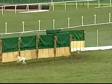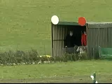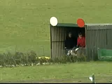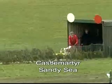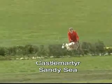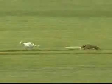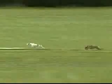Semi-final of the Classics Club Champion Stakes with a winning prize of €15,000 is the kennel companions Castlemartyr and Sandy C, both trained by Pa Fitzgerald. Castlemartyr owned jointly by Patsy Byrne and Helen Murphy, and Sandy C owned by Patsy himself, and up they come, and it's Sandy C who is electric away from slips and has got a 5-6 length advantage climbing the hill,